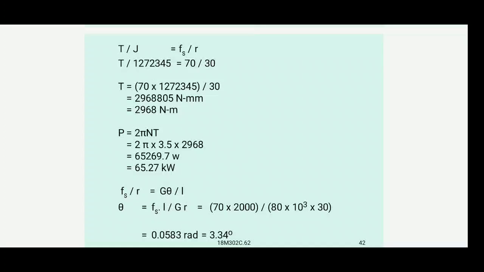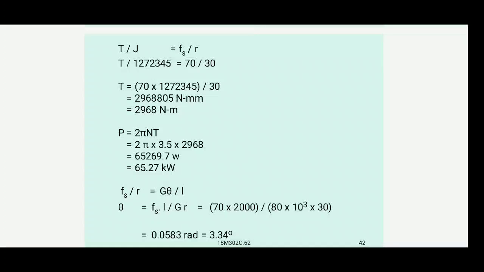Now T by J is equal to Fs by R. T by 1272345 is equal to 70 by 30. So T is equal to 2968 Newton meter. P is equal to 2 pi NT, so 2 pi into 3.5 into 2968,